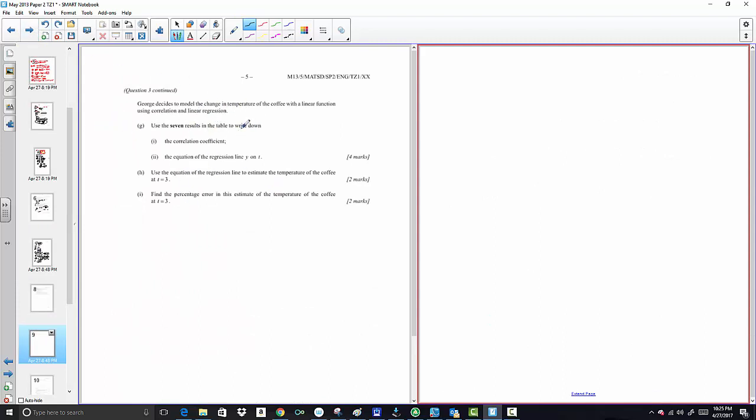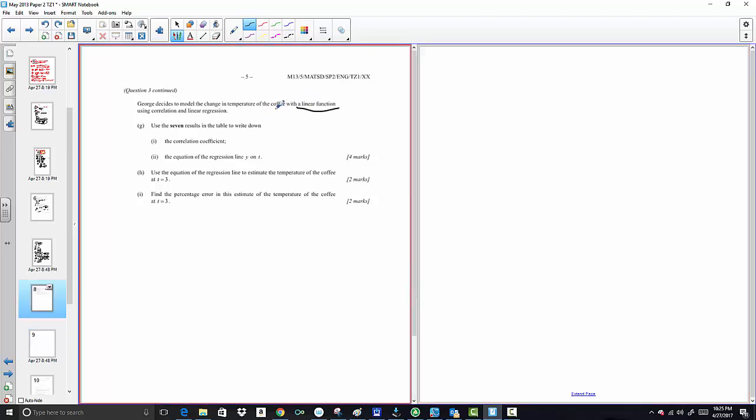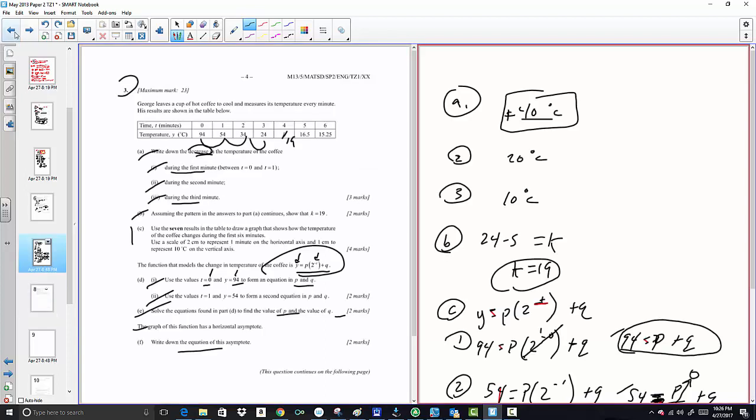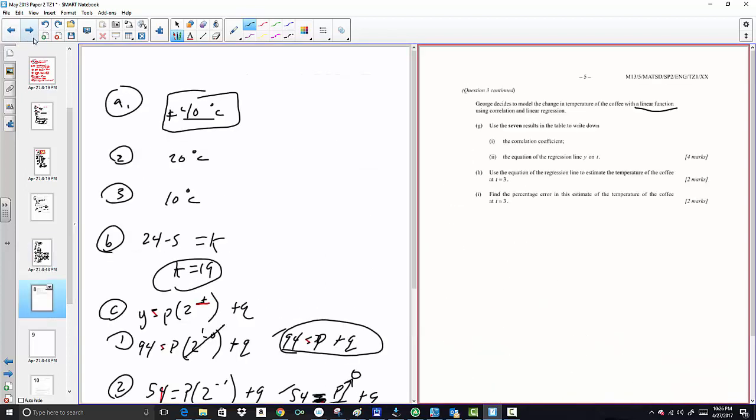All right, great. George decides to model the change in temperature of the coffee with a linear function using linear regression. That's really not a good idea because this is not a linear function. He wants to model it as a linear function, but it's not one. It's an exponential function. But let's see what happens. Use the 7 results in the table. Okay, let's see. What 7 results do we have here? Yeah, we have 7 results in the table